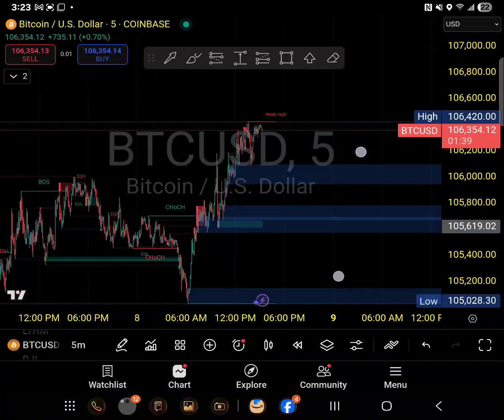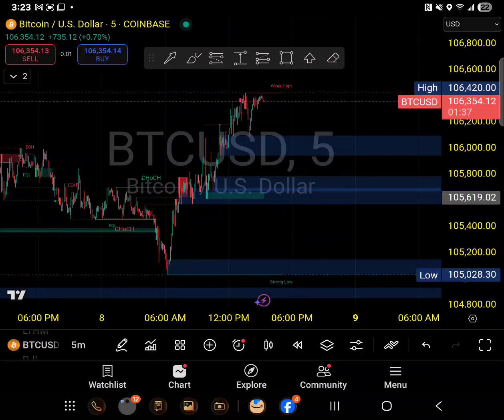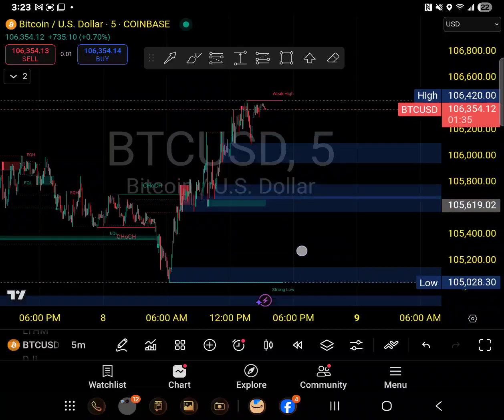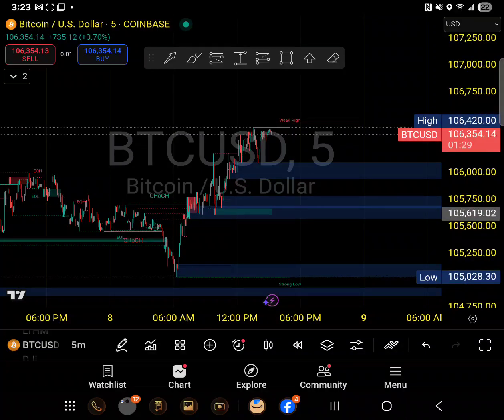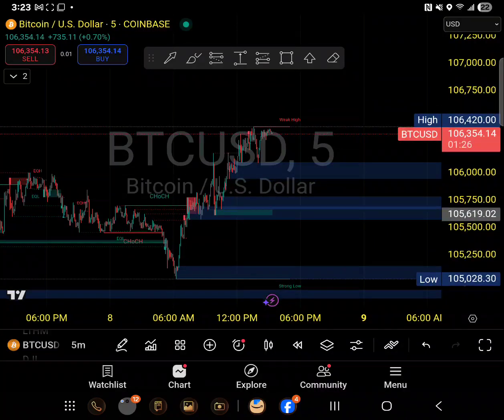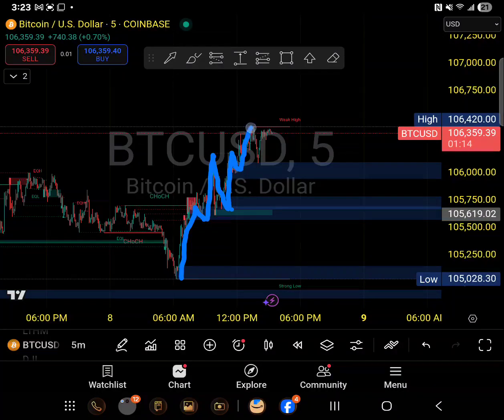So the market is still sideways, kind of, because it is kind of uptrend but sideways. And as I told you, whenever the 4-hour trend line breaks up, then it will be a breakout and then we can trade in the upward direction. But right now we are doing scalping, and what is happening is very clear right now. It comes up, a small retracement, comes up, retracement, comes up, retracement, and then it will just break out.